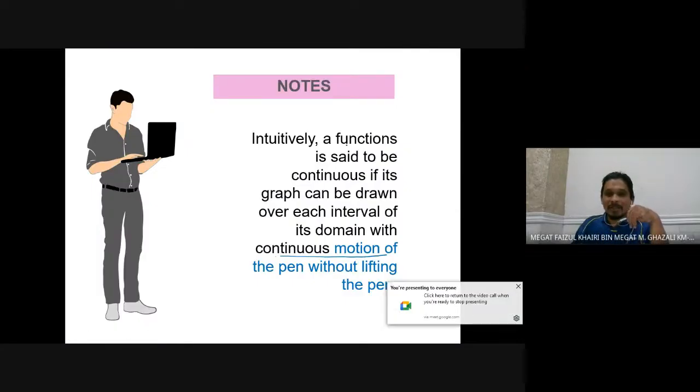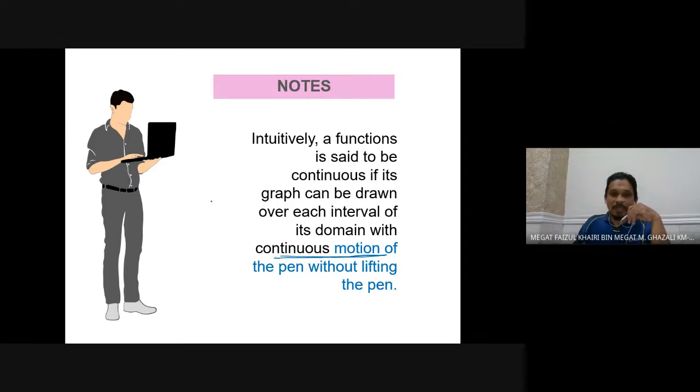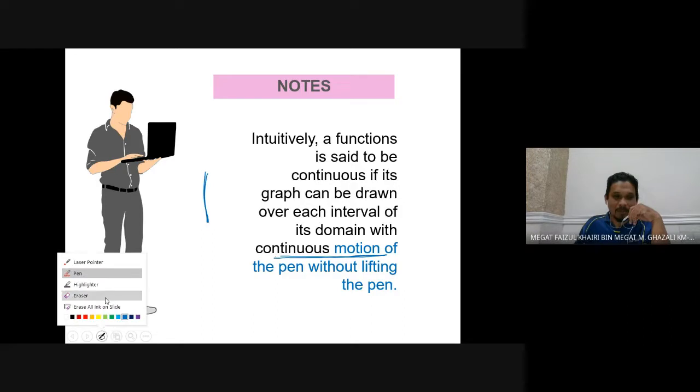Okay, a function is said to be continuous if its graph can be drawn over each interval of its domain with continuous motion of the pen, without lifting the pen. So for example, if I have this,